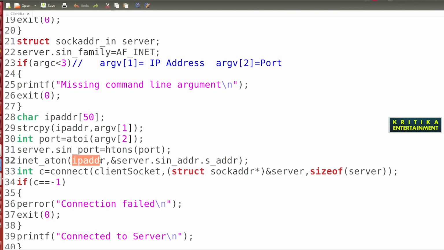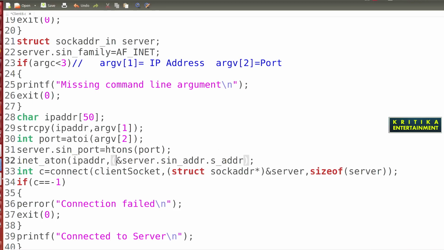This is the IP address and it will be stored in this variable. So this variable is unknown for this IP address because it is in string format. This string does not know which type of variable it is. So you should tell it that the IP address is a structure type variable.